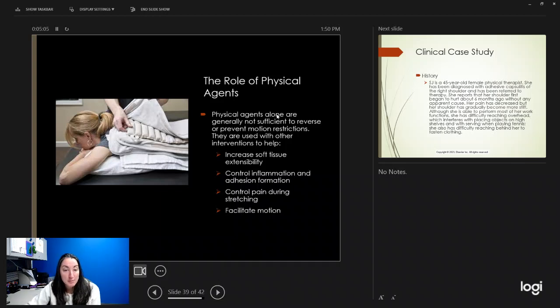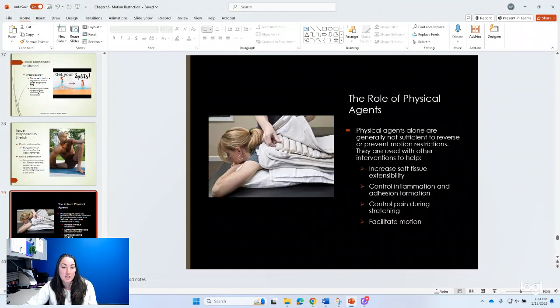So physical agents or modalities can be used to assist with other interventions, but generally on their own, if all you're doing is modalities, they're not going to increase the length very much. So you can use modalities alongside of therapeutic exercise, stretching, manual therapy, all of the things we do to increase soft tissue extensibility, decrease inflammation, break up tissue adhesions, control pain, and facilitate motion. But again, we do not use modalities on their own without any other